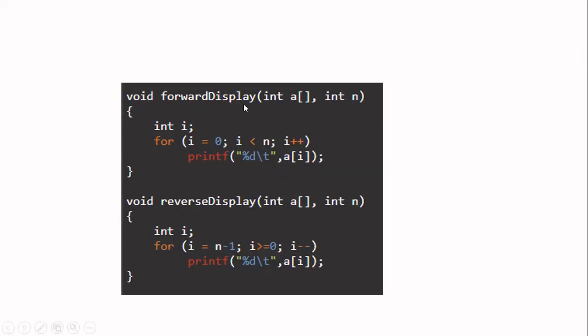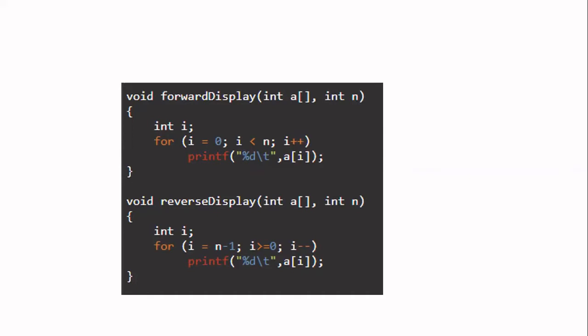So now in this function, what do I have to do? First, we have to understand that, then only we will decide how many arguments we have to pass to this function. This function is going to display all the elements you have in the array. So you have to pass the array to the function. Then you have to know how many elements are there in the array, then only you can display all the elements. Once your array elements are displayed, you have to stop. For that, you have to tell how many elements are there in the array.